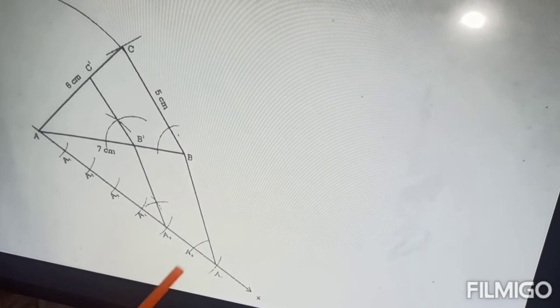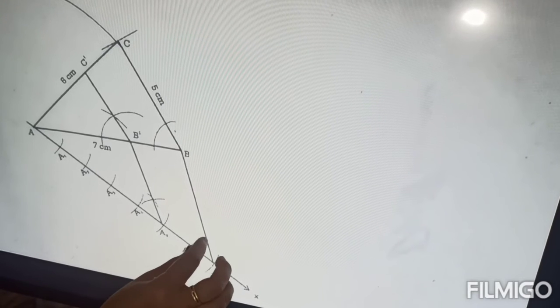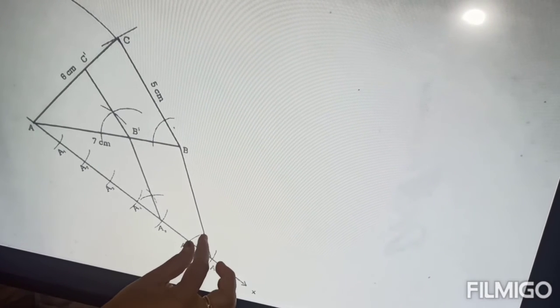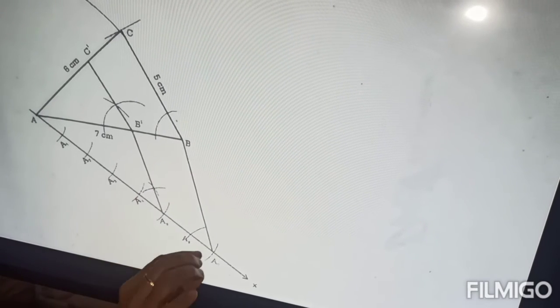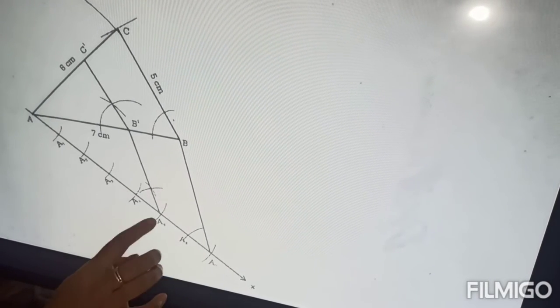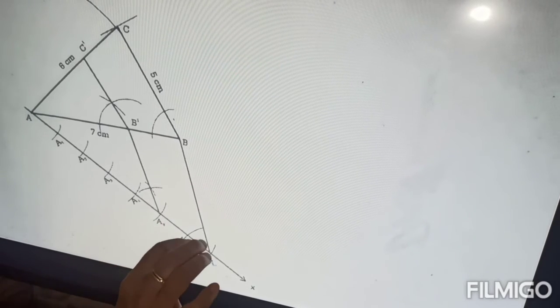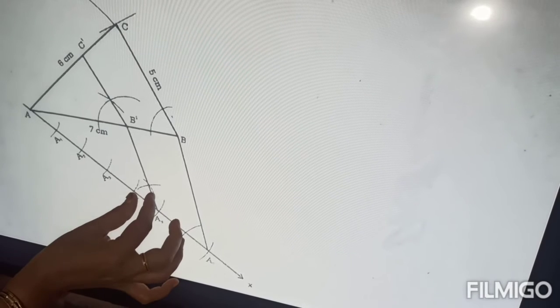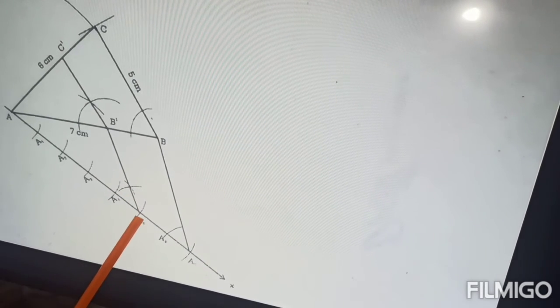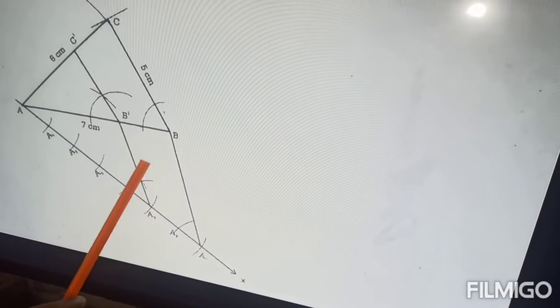After that, take this measurement, the angle distance, and keep it on A5 and cut like this. First we put this arc on both points A7 and A5. On that arc, take this measurement and keep it on A5, cut like this. We got this intersecting point now. Join A5 and this intersecting point and produce it. We'll get the parallel line to A7B.